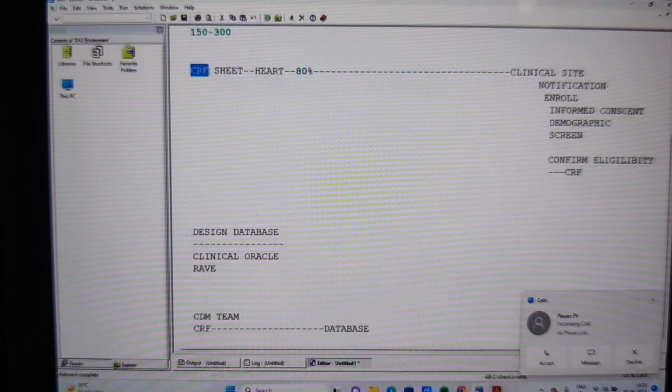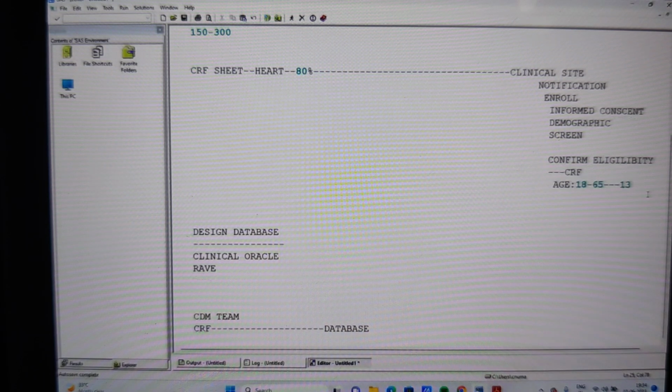Now on the CR sheet, I collected the information. Say for example 23. Does 23 come between these two values? Yes, it is. Now say I collected on the CR sheet the age as 13. I don't know whether this is the right answer or wrong answer, but I collected 13. Now I'm trying to enter the 13 into the database. When I'm entering the data 13, what should the database do? The database should escalate the ticket.